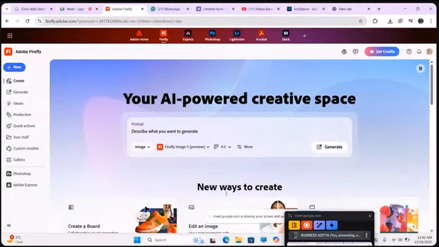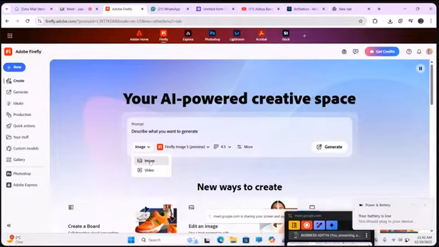Right. And in the middle, we have the prompt box. Inside of it, we are able to prompt whatever we like to create in the top line. Okay. And right below the prompt box, we have this category and a drop down where we choose whether we want